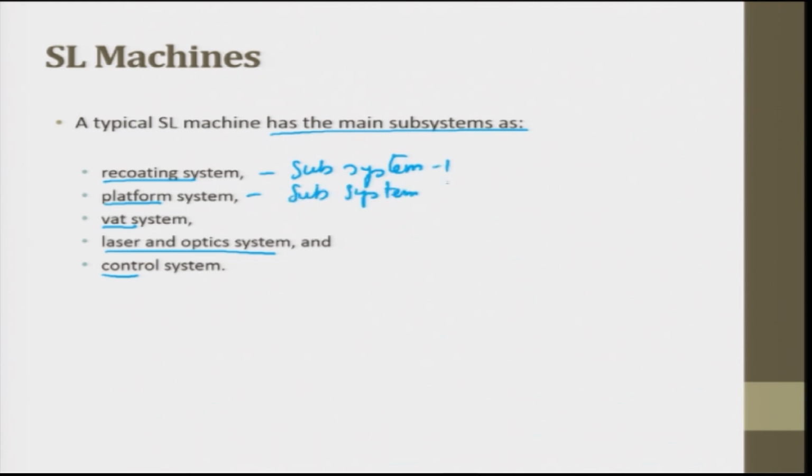Subsystem 1, subsystem 2, subsystem 3, subsystem 4, and subsystem 5. So, if you see that in this entire SL machine, if the controller is bad, we just replace the controller. Here it also has a proper interface with the rest of the machine. So, this is a product divided into several sub modules, and each module has a function,